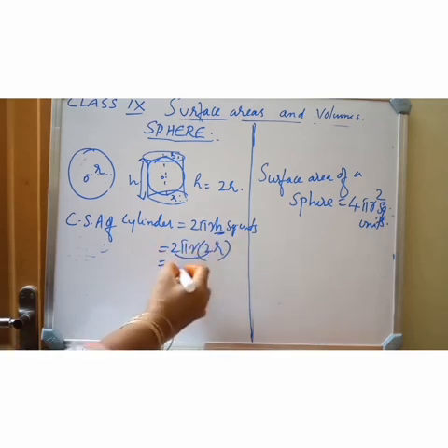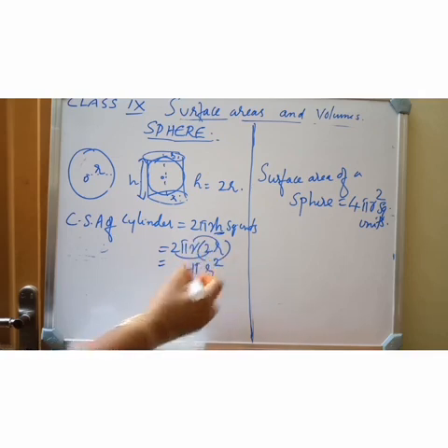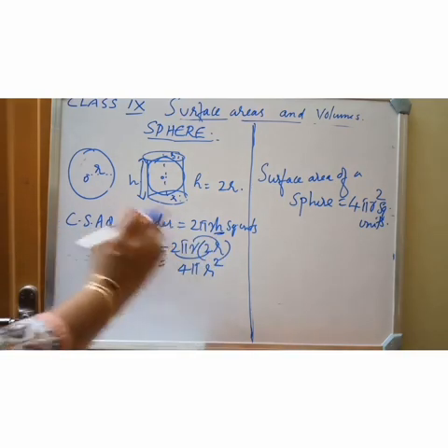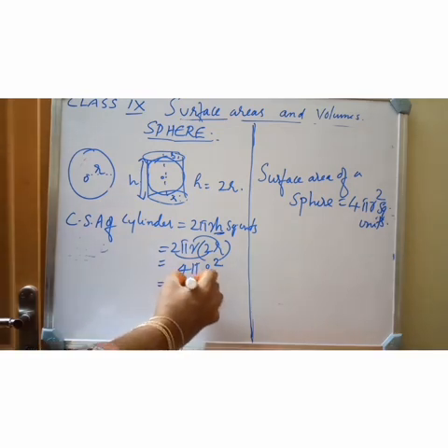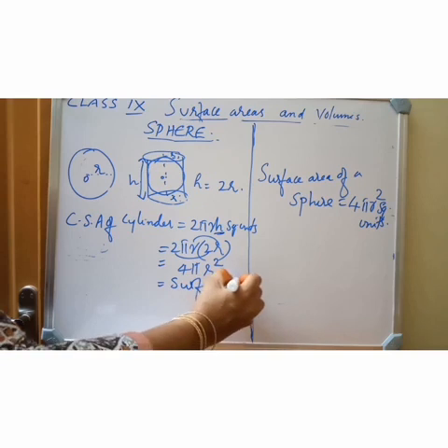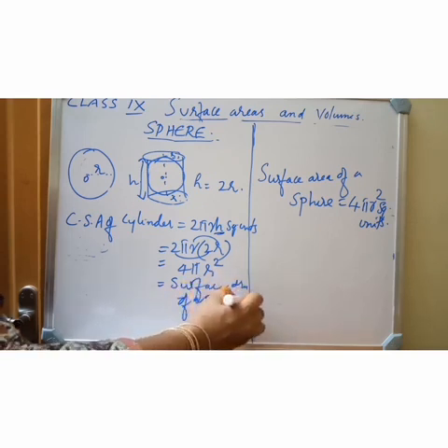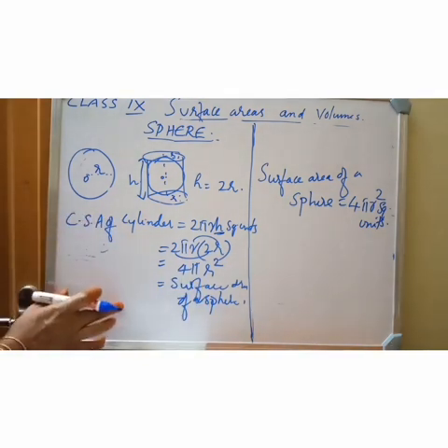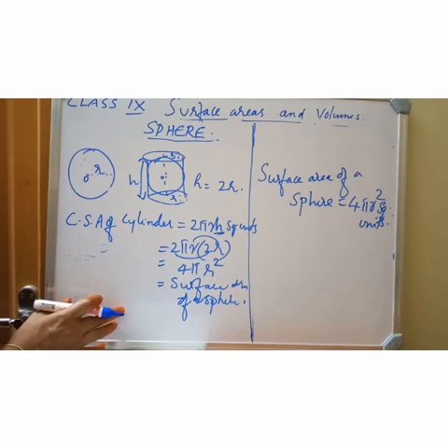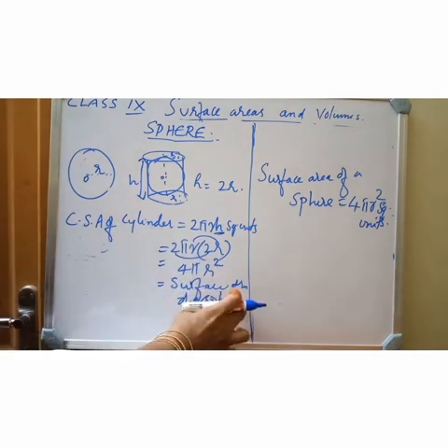So 2 2s are 4 pi r into r square. Okay. So curved surface area of a cylinder is equal to the surface area of a sphere. This derivation was introduced by the great mathematician Archimedes. Archimedes found the relation connecting the curved surface area of a cylinder that is the same as the curved surface area